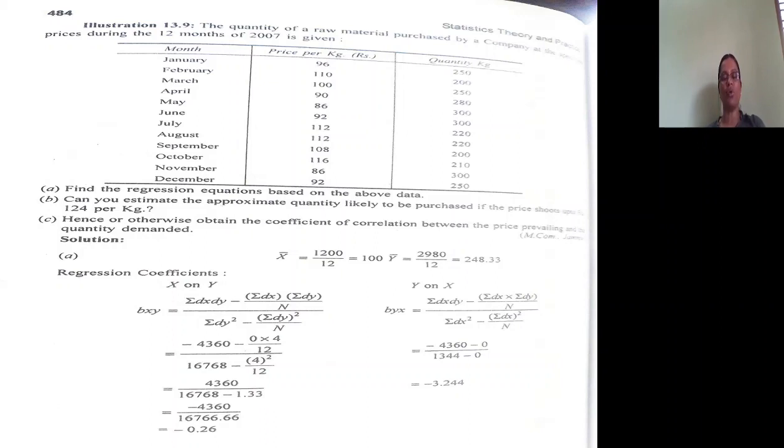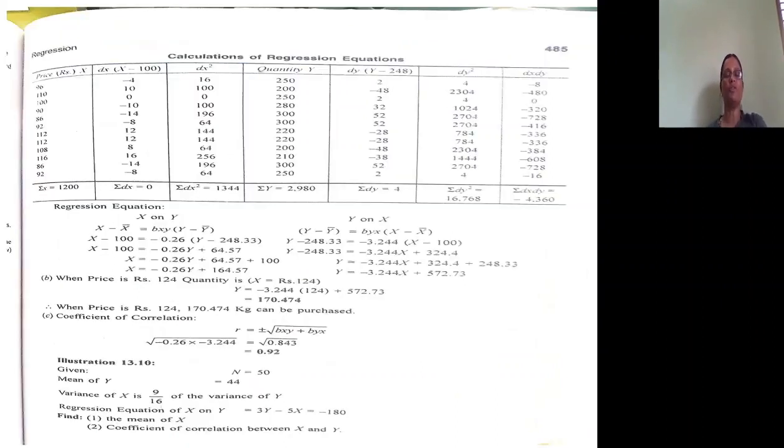If you look at the regression coefficient formula they followed, it is very clear that they followed the assumed mean method. So what we need to do is assume any one of the given values of X as mean, and again any one of the given values of Y as mean. Then we take the difference between the given values and the assumed mean, and square the difference. Then dx should be multiplied with dy to arrive at summation dx dy. So these are the steps associated with calculation of the correlation coefficient under the assumed mean method. Here they followed the assumed mean method.